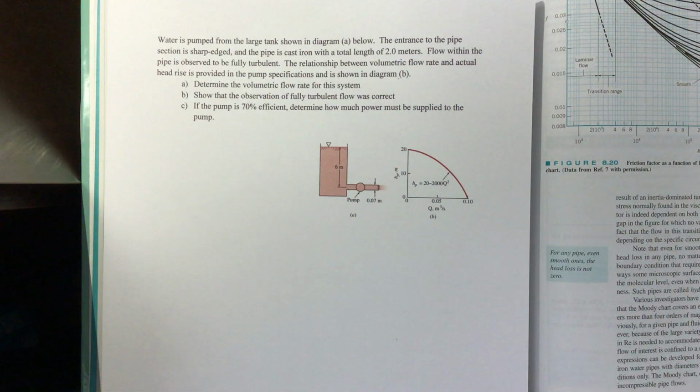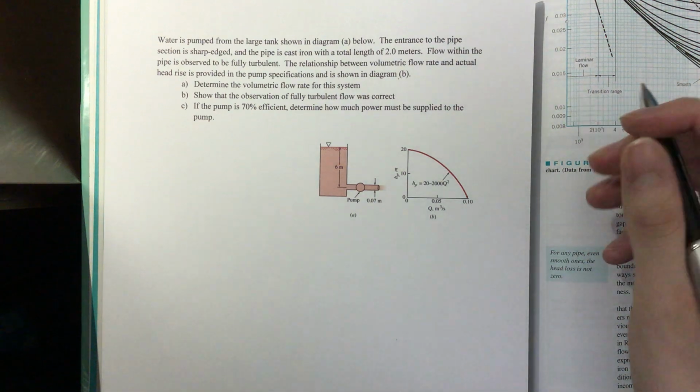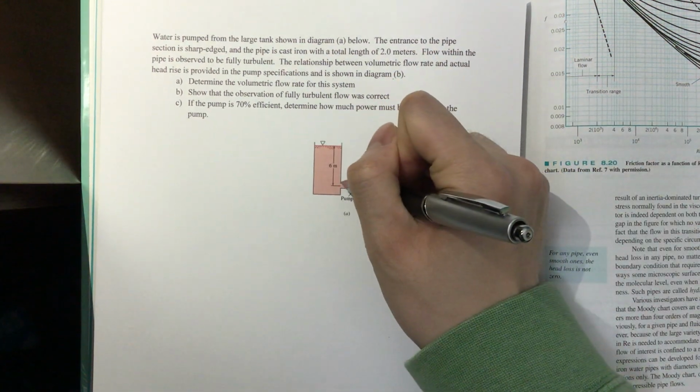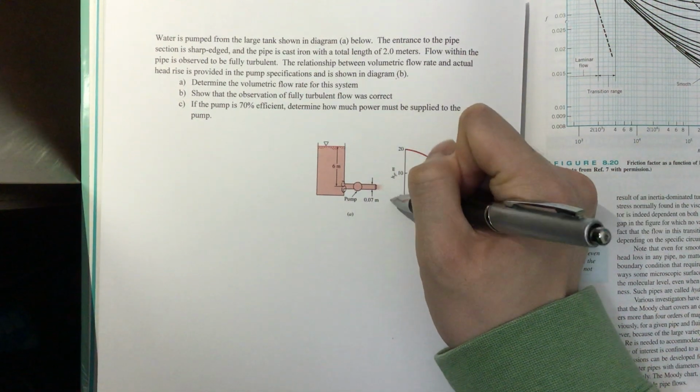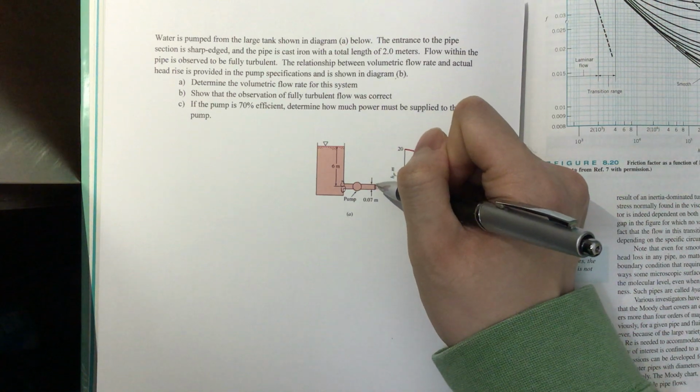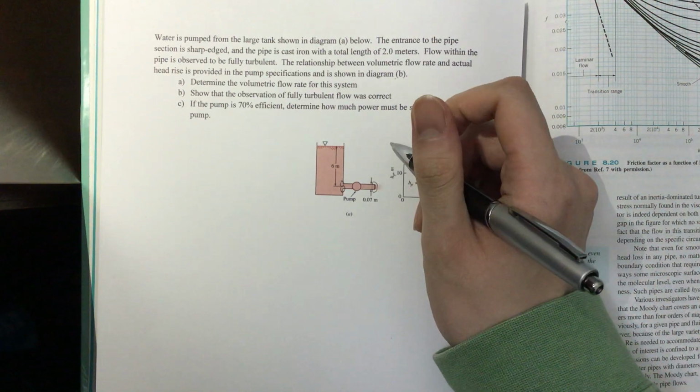Okay, we have a large tank with a pump that's pumping out the water through a pipe. This is a very similar problem to one of our classworks from about a week back. But in this case, we are taking into account minor head losses. The minor head losses are these sharp edges right here, and the way the water is exiting the pipe in this type of pipe cutout. I'm going to go over these two in a little bit, but first we're going to write down all of